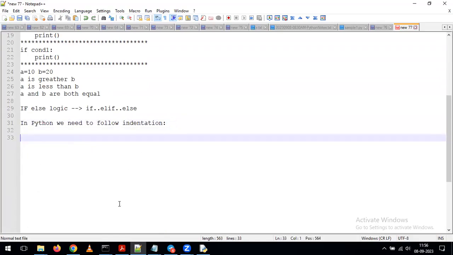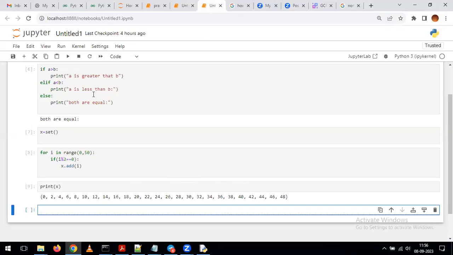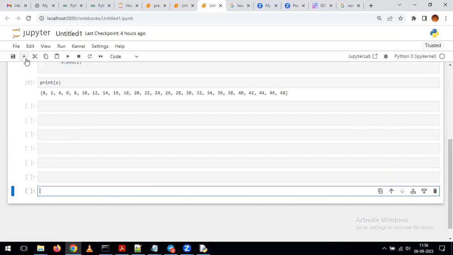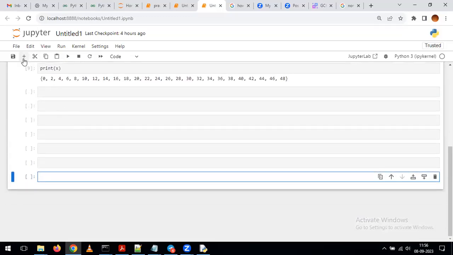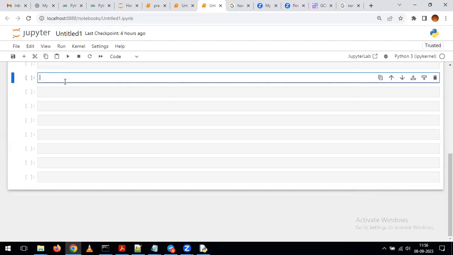Or we'll do one thing. I will open the notepad. In the notepad, we'll write the code directly. Okay. So for example, here I'm giving